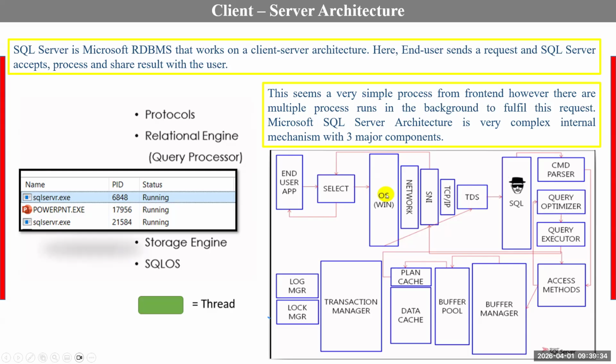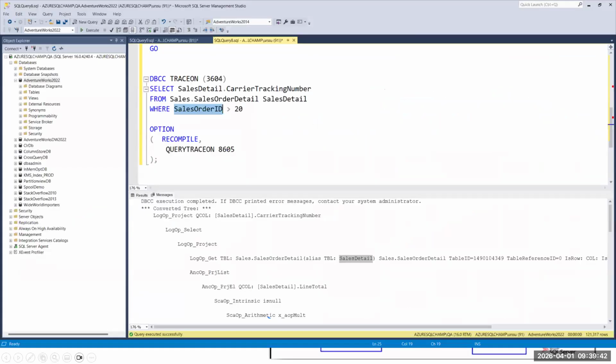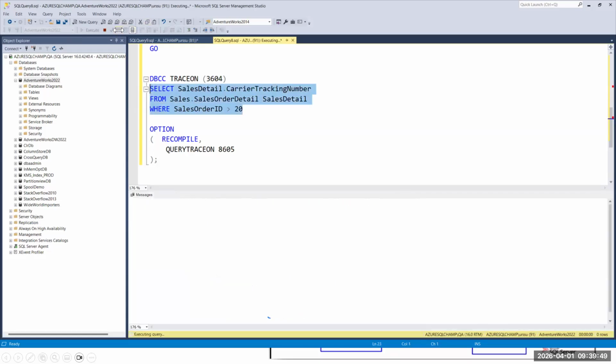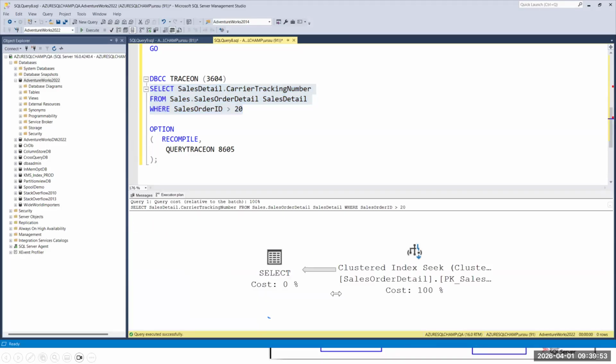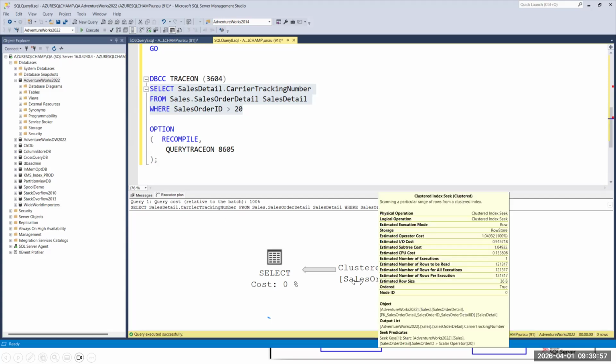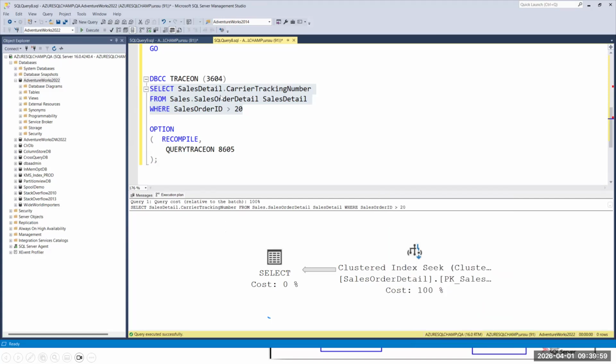The optimizer prepares the execution plan. What is the optimizer doing? The optimizer will prepare the execution plan based on the query tree. Whatever query tree we have, based on this query tree, the optimizer will prepare the execution plan. See, this is how your execution plan looks. It prepared one execution plan, based on your join conditions.